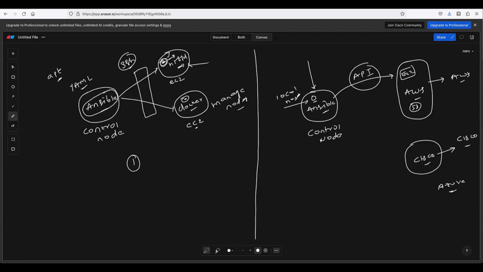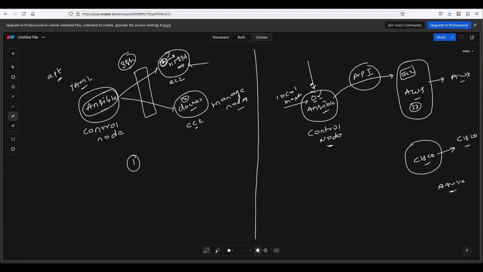It doesn't connect to the appliances or AWS or anything through passwordless authentication, but instead it installs the module on the same machine, on the control node,